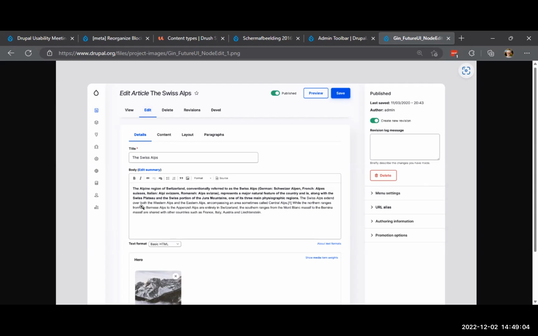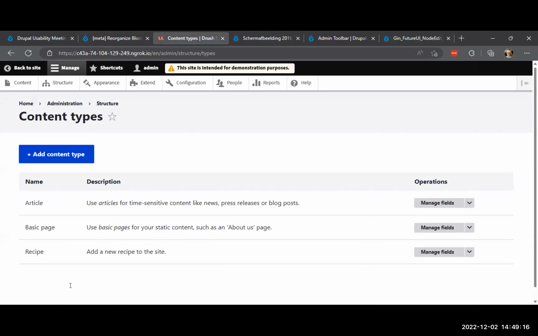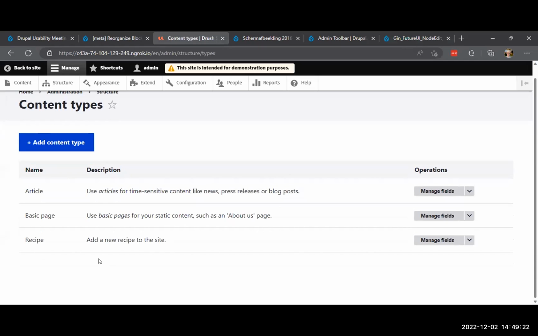So that in a certain context, for example, if you work in content types, that you have buttons or direct links to go to often used other pages might be beneficial, but I would step away from